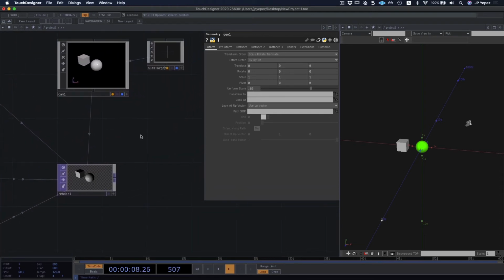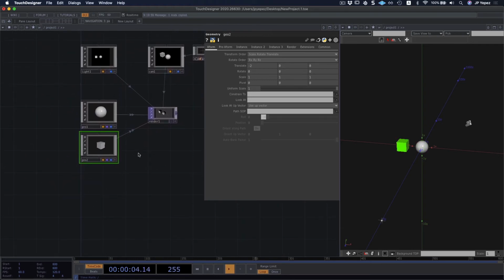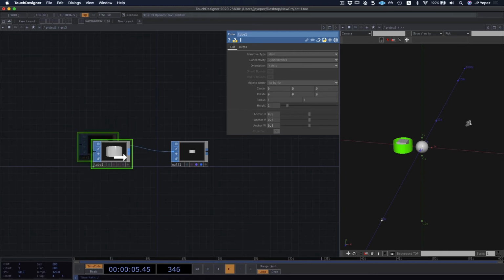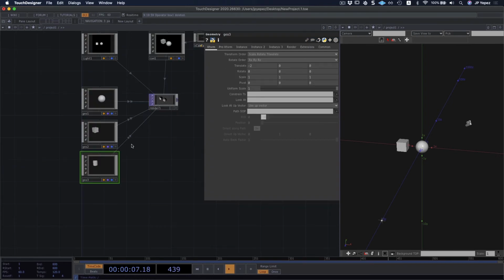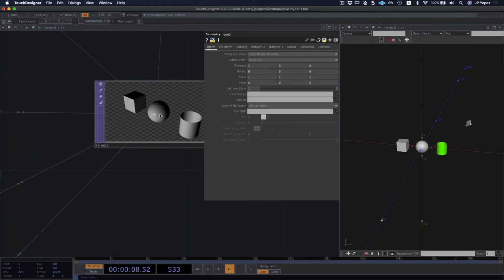And before I go on with this, we're gonna start building on our scene. So maybe let's add a couple more objects. We have a box. I think maybe let's add a tube just to see what it does. And maybe a bit higher. No, maybe not. Maybe I don't want it to be that wide. And the thing about the tube is that now it's basically on top of our box. So I want to move it to the other side of the sphere. That looks better. That is pretty good.